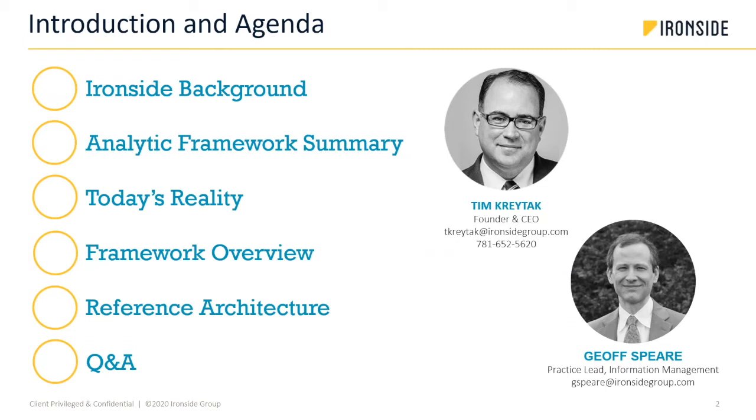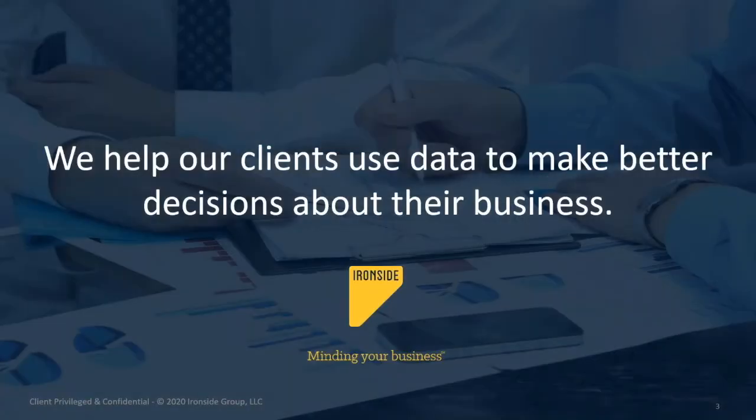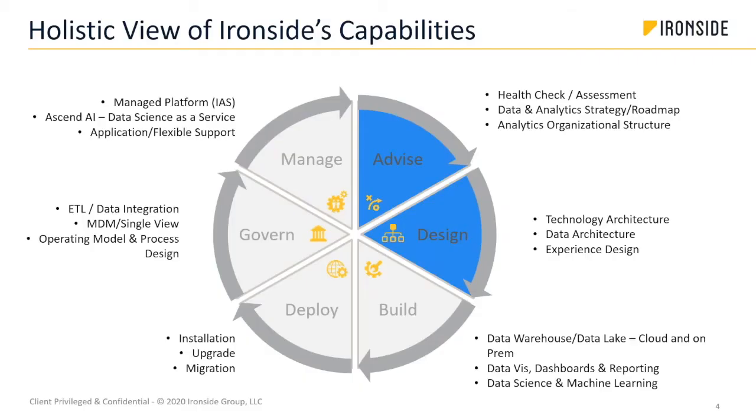As we get started here, I want to provide a brief overview of Ironside's scope of capabilities. Our main goal is to help our clients use data to inform decisions and improve outcomes in their business. How do we do that? Clearly, it begins with strategy. Oftentimes, decisions are made based upon industry reference models, but at Ironside, we believe strongly in a use case-driven model. We believe data and analytics strategy should be clearly aligned with business strategy, and we have proven methods to derive and align those things. Design and architecture is the second component of our service delivery offerings.